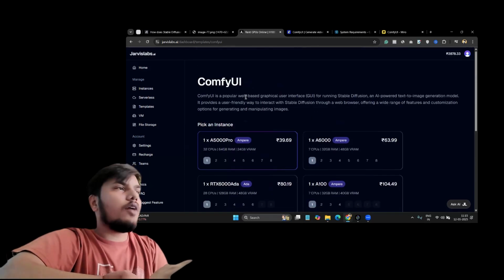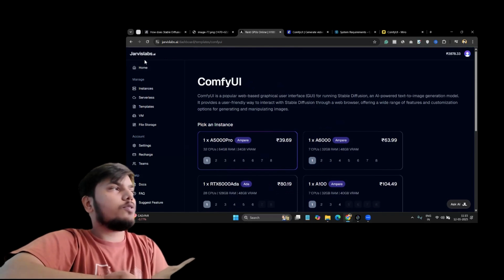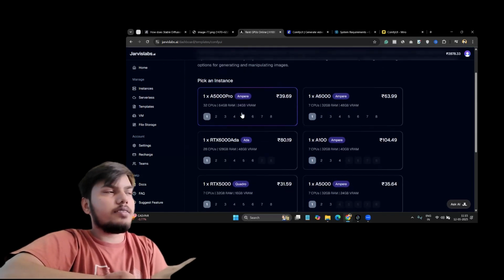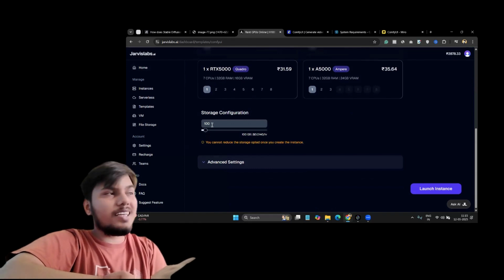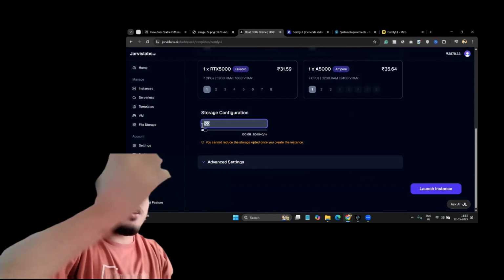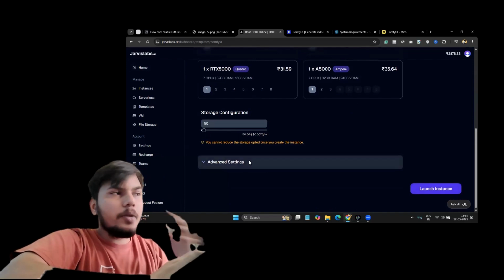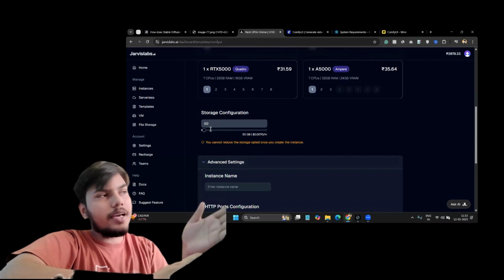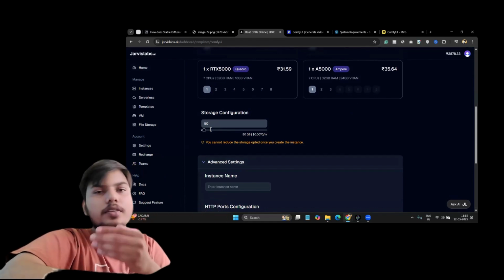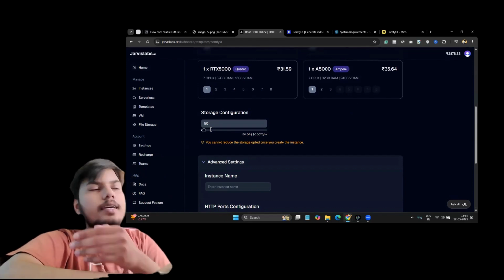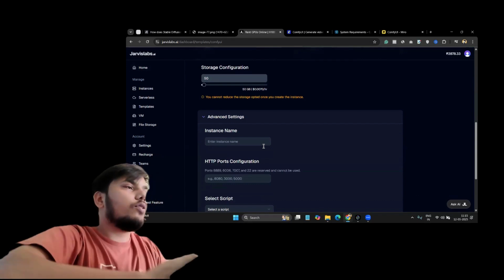Okay, so how can you run these workflows on cloud GPUs? Suppose you are on Jarvis Labs, first select the A5000 Pro, then select the storage you want. For testing purposes, at least 50 GB. But keep in mind, once you have taken the storage, it won't allow you to reduce it. So first start with less storage and then gradually increase it. And I'll tell you one more benefit of